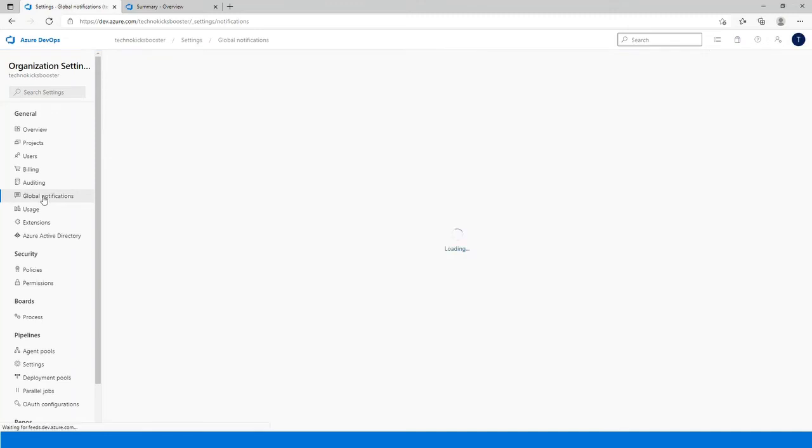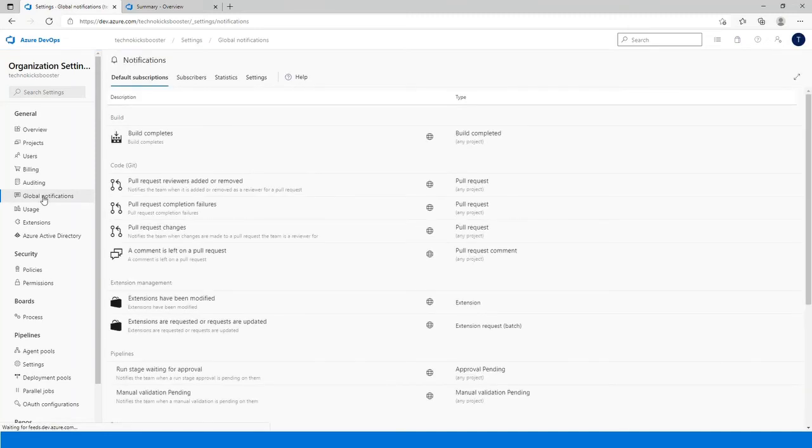What do you mean by global notification? The notifications are basically predefined notifications, right? So for example, let's say your organization is sending some update, an email notification or Teams notification or Slack notification. Likewise, even in Azure DevOps, we have notifications.